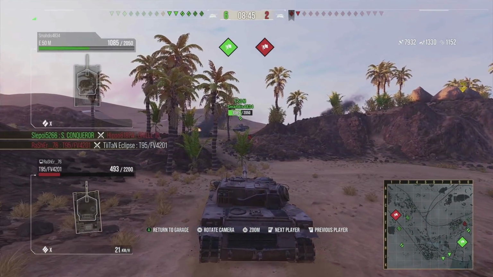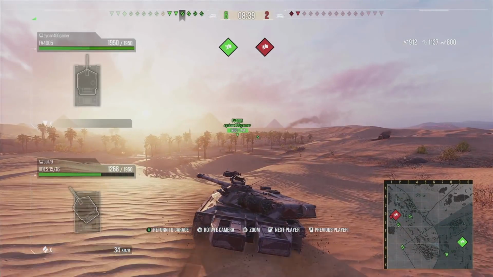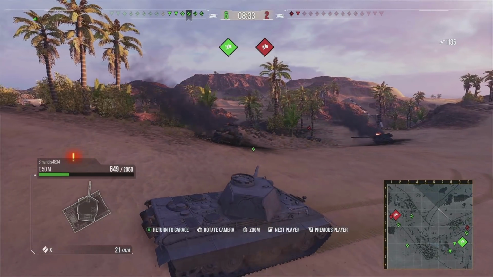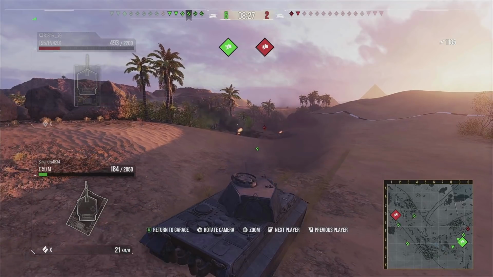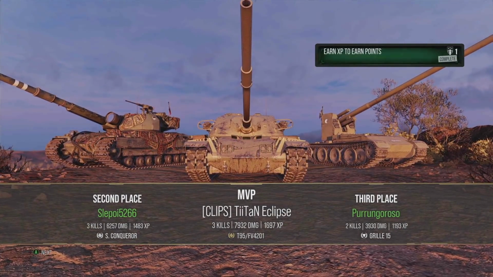7,932 damage, 1,330 blocked. It's not a bad result for something that literally lasted about 6 minutes of the game. Yeah, really nice result, and of course we'll skip ahead now to the end of the video because I don't think you'll want to watch my team slowly get whittled down and then slowly whittle their way back to win the game. So there we go, a win, victory, 7,932 damage, 3 enemies destroyed,